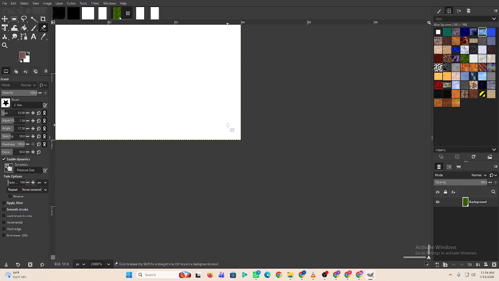Hey everyone, want to change the resolution of an image in GIMP? In this video, I'll show you how to adjust image resolution step by step. Whether you're preparing a photo for printing or improving your project settings, this guide will help you make the